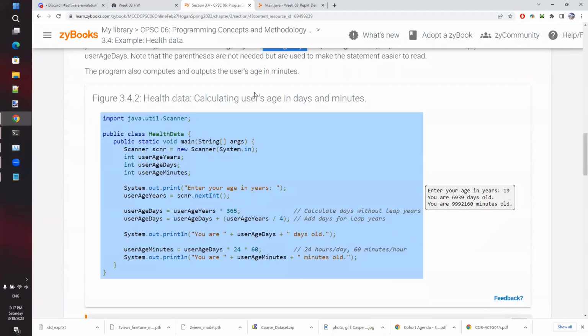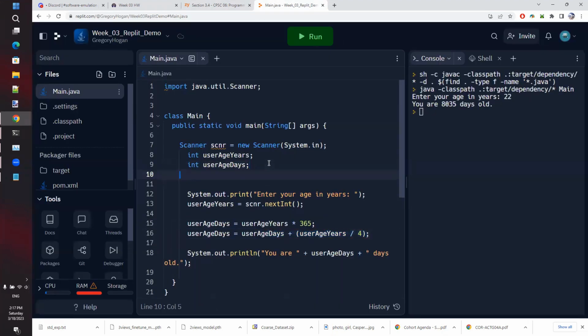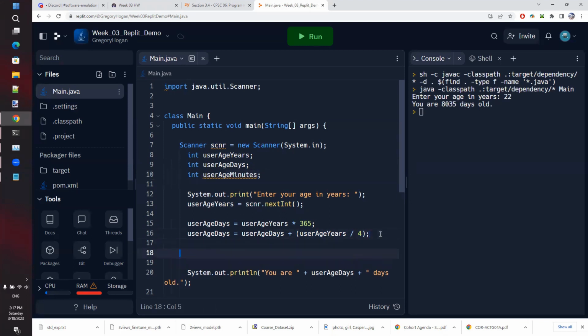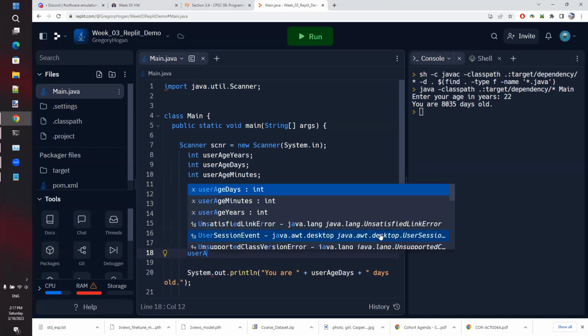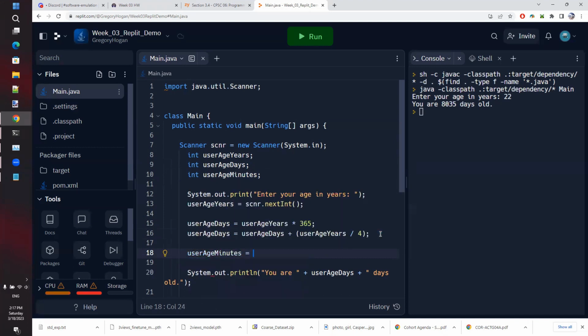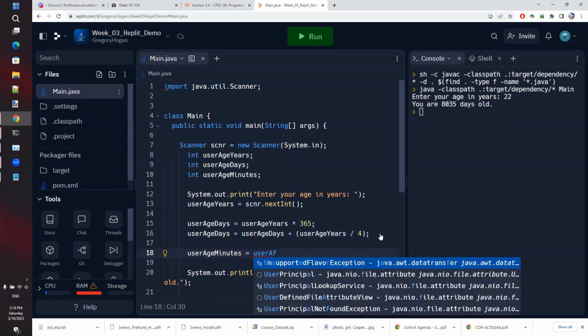Then also they add that we're going to compute the user's age in minutes. And so the way they do that is they add this variable. If we're going to do the age in minutes, they add a variable for that. So up here where your variables are listed, they added user age in minutes. And then below here, they're going to have to calculate it. So like user age minutes, how would you calculate that? And probably the easiest way to do it, I didn't actually read what was written there, but if I was doing this, I would say the way you calculate the age in minutes is you take